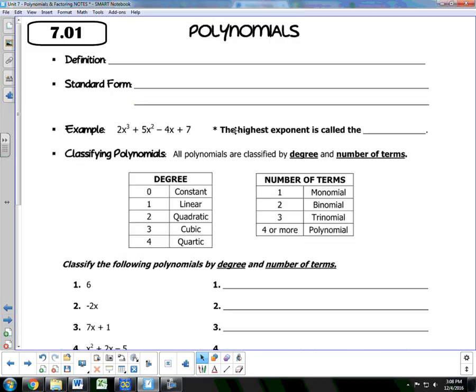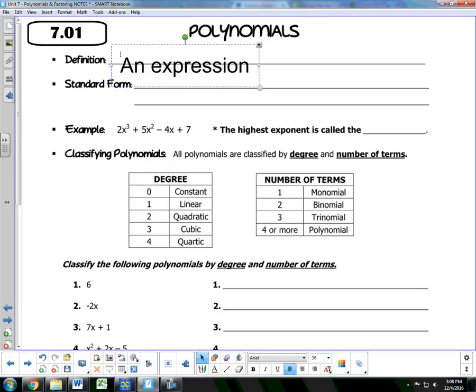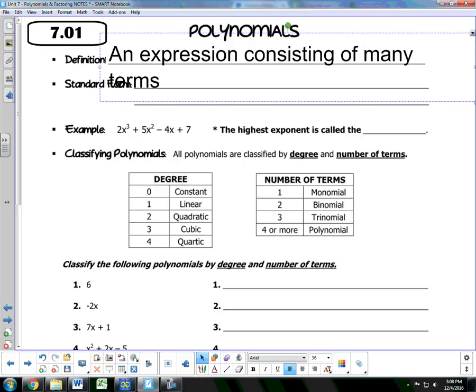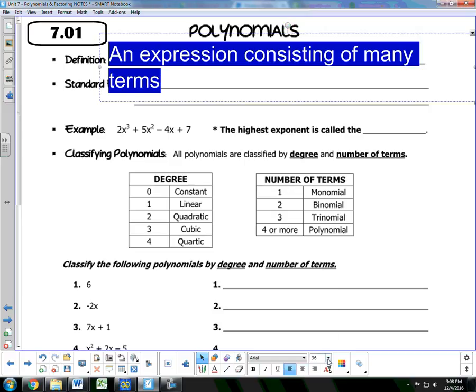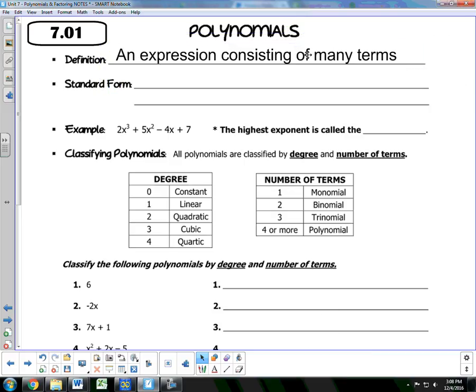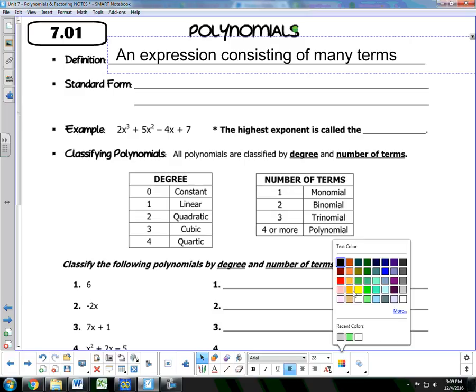All right, so let's get started with polynomials. So first off, what a polynomial is: an expression consisting of many terms. Right? An expression consisting of many terms. It is